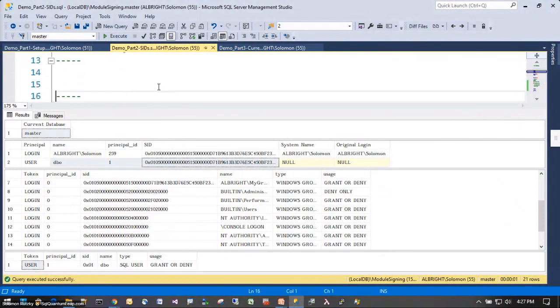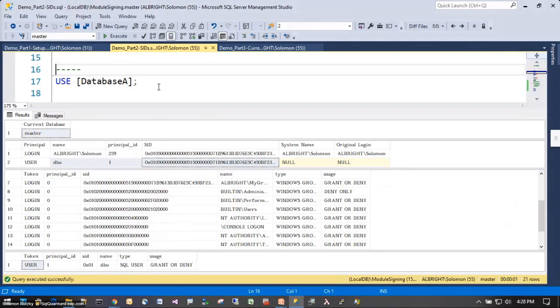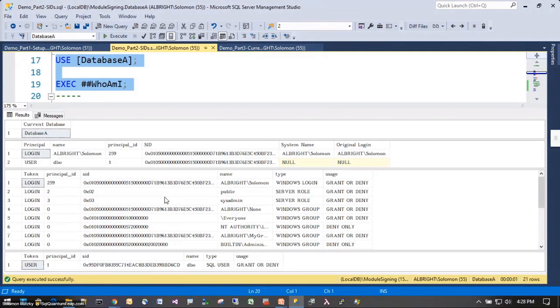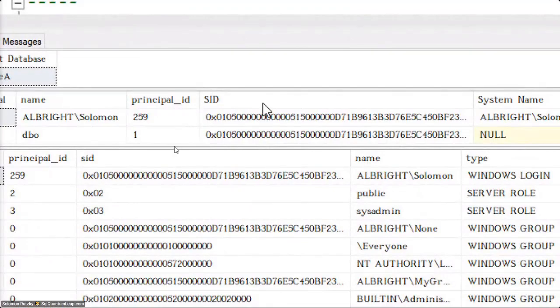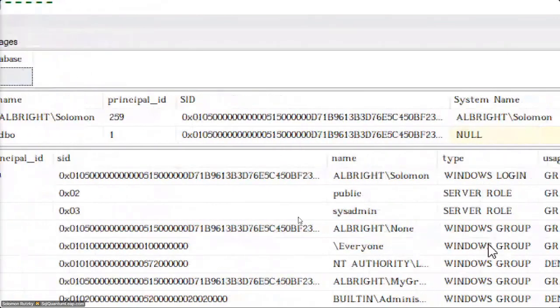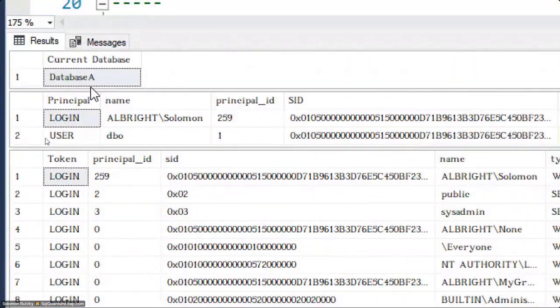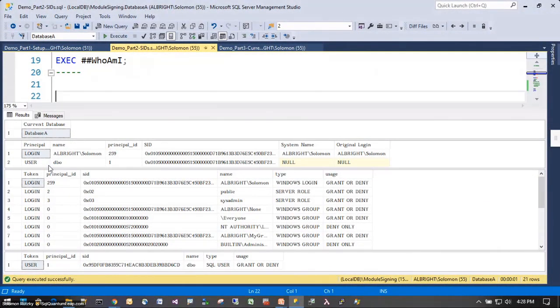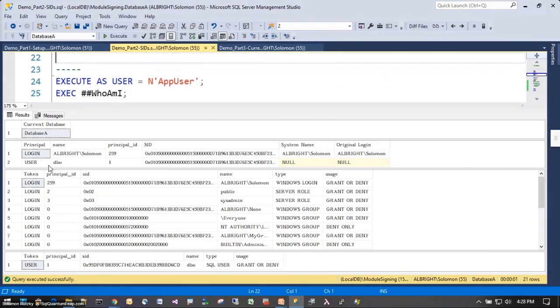So now we're going to use database A. And my information is the same, who I am. Actually, nothing has really changed here outside of the database has changed. That's one benefit of being a system administrator. You are always a system administrator everywhere. You're always DBO in all databases, which is why some people use it so often, because it's easy, even if